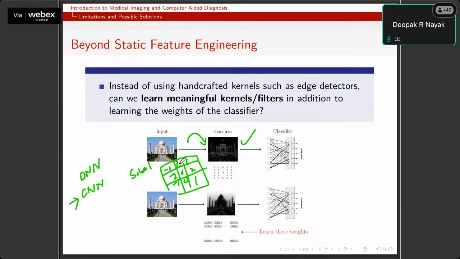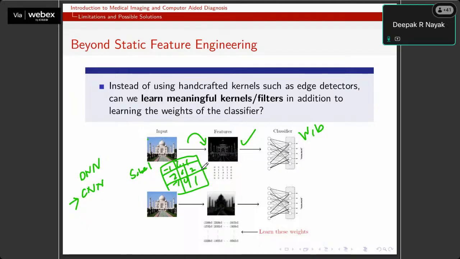I don't want to just put these values as fixed values here. I want to learn these values, along with learning the weights and the bias values of the classifiers. So how to do this? Yes, it is possible. We can also learn this kind of meaningful kernels. It's not about only one kernel. If you want, you can learn multiple kernels to extract multiple pieces of information from the same image. That is also possible, and it is dynamic I'm talking about.